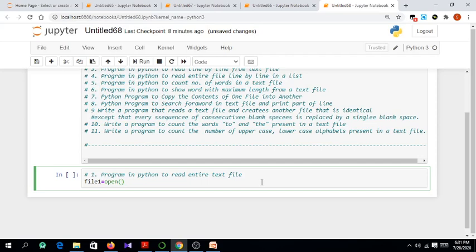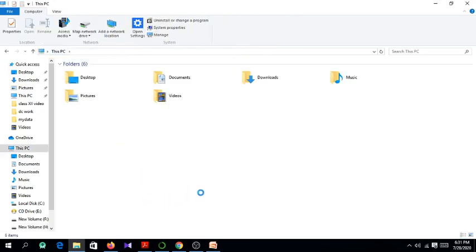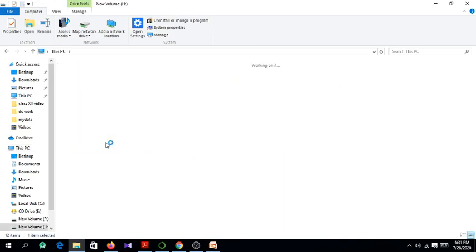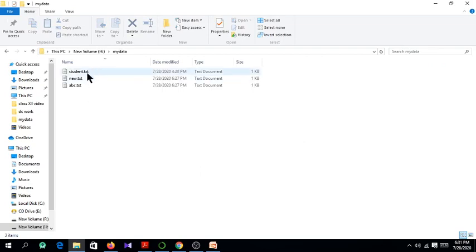So first let us give the file path. I've stored all my files in my data folder, which is present in my system's secondary storage, the H drive. Inside that I have a folder called mydata, and inside that we have a few text files. We are going to operate on these files more or less.